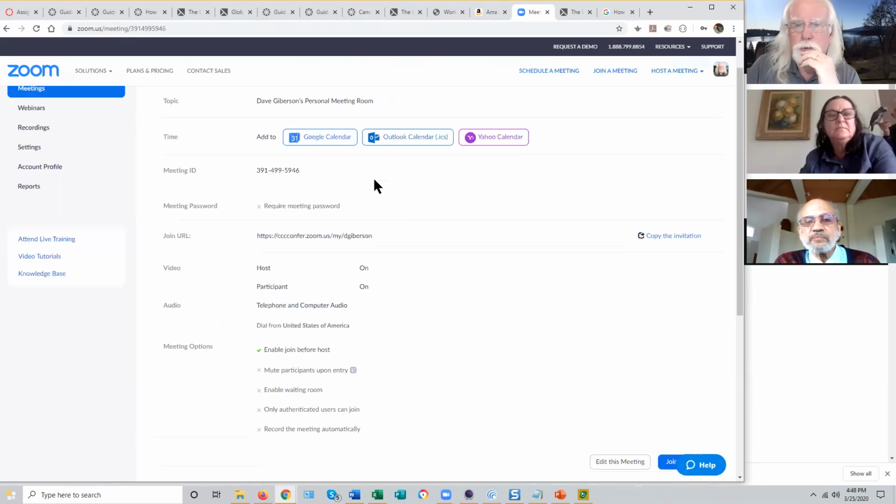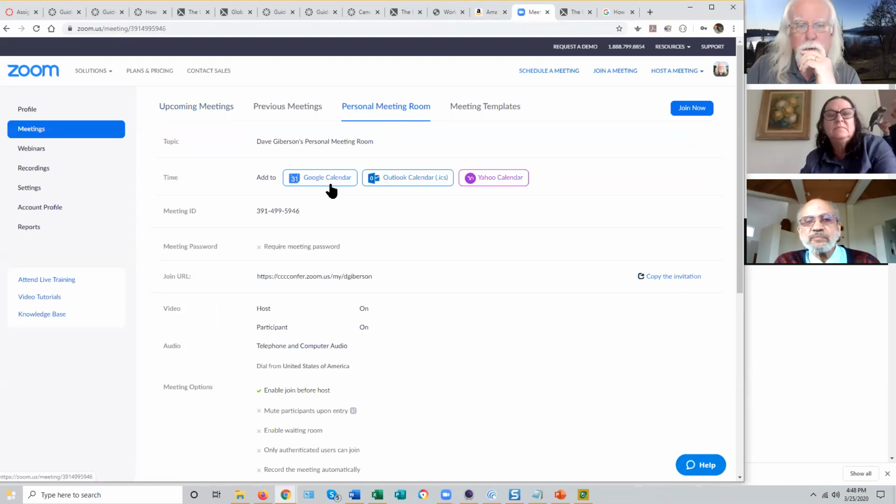You can provide your students access to this personal meeting room either by giving them the meeting ID, which they can then enter when prompted for a meeting ID when they try to join a Zoom meeting, either through the Zoom website or through the app on their phones or tablets. Or you can send them a link, your so-called join URL,